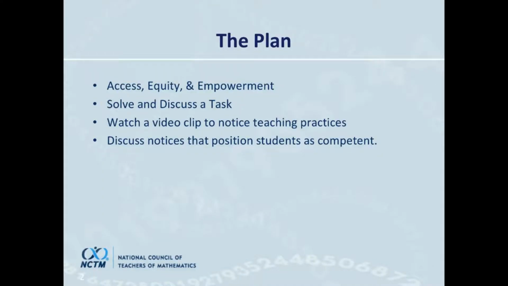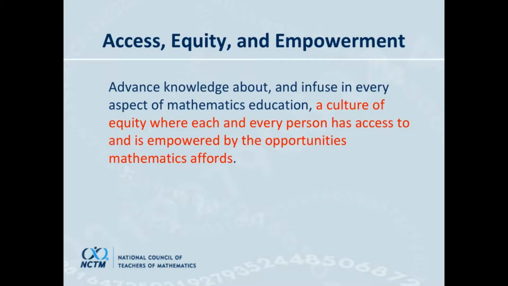All right. So one of the things I want to talk about is this, as being president of NCTM, one of the things that we unpack is our idea around access, equity, and empowerment. And I kind of highlighted the red part here as it relates to equity and thinking about how it might play out in classrooms and schools. So equity is each and every student having access that empowers them to do the mathematics they want to do